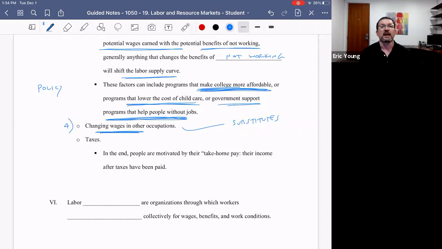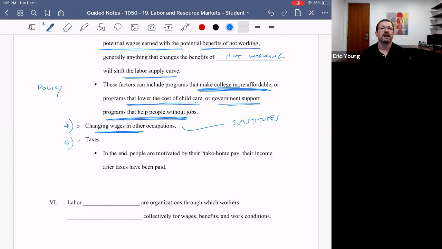Imagine, for example, that you have a business major and you're working in, I don't know, retail services. You're a retail manager. If all of a sudden you see that in the gaming industry, which is booming right now, the wages for managers with business degrees is booming in the gaming industry, you're going to move out of retail management into gaming. You're going to follow the higher wage. That's your incentive. That's going to increase the supply of labor in gaming and decrease the supply of labor in retail with corresponding wage differences in both.